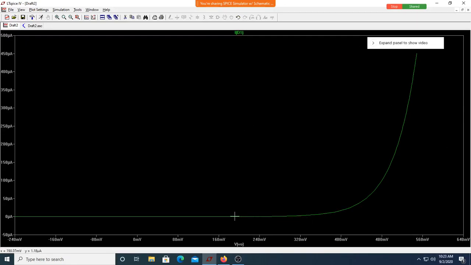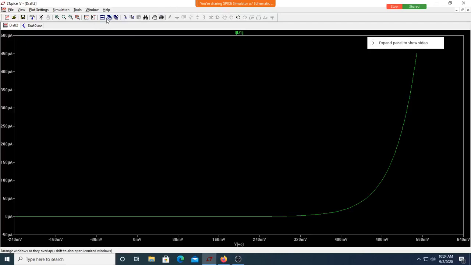Fine. So this is the IV characteristics in forward bias. You can see it is starting from 0 here. This is how it goes till the cut-in voltage, which in this case is somewhere around 480 millivolts. Now it picks up here, and the current keeps on increasing.